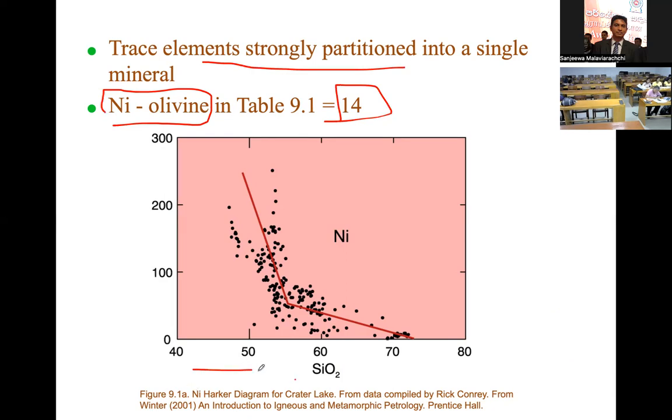It covers the entire silica range from 40 to 80. This end is extremely ultramafic, and this is extremely acidic. 80% silica means a very acidic rock, which should be a very whitish rock, whereas this should be a very dark rock. Okay, because the amount of silica present in different quantities determines the color of the rock also, right? So you can see some variation of nickel, and